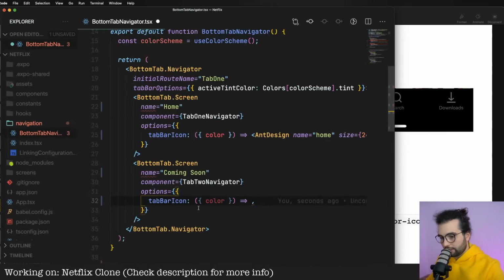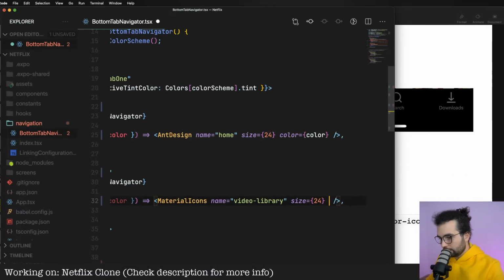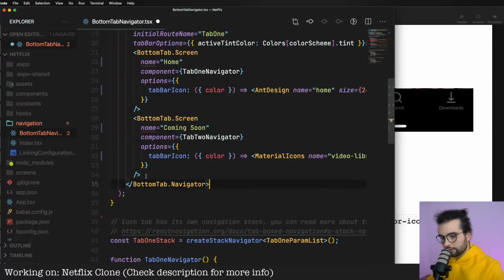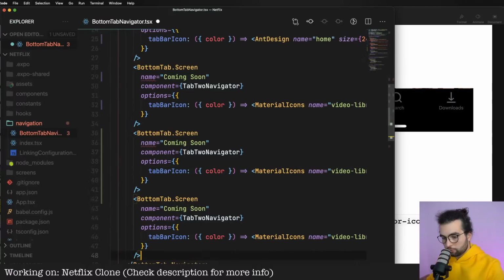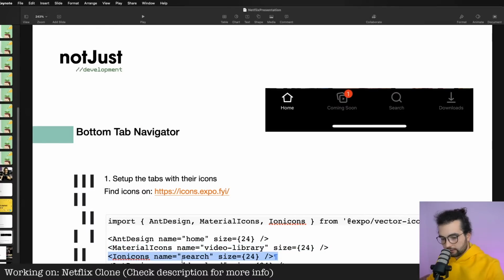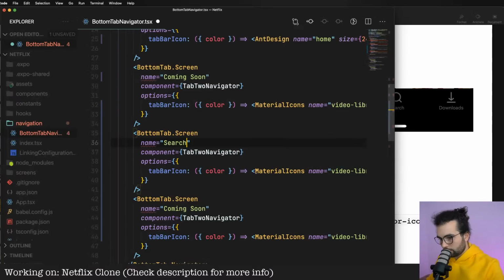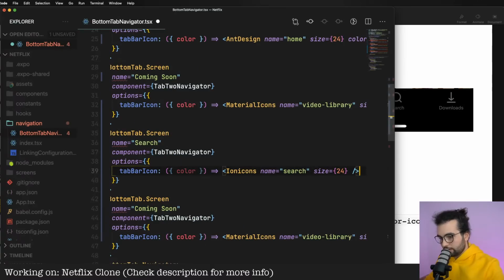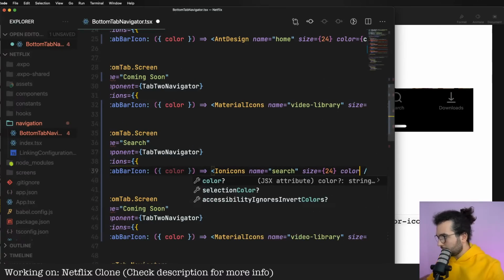Let's copy it and paste it here, and send the color as well. Then let's copy the last screen. Let's copy it 2 more times because we have the search here. Search with the icon, Ionicons, and the color